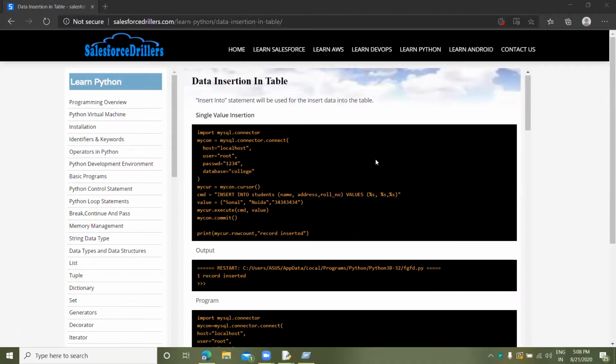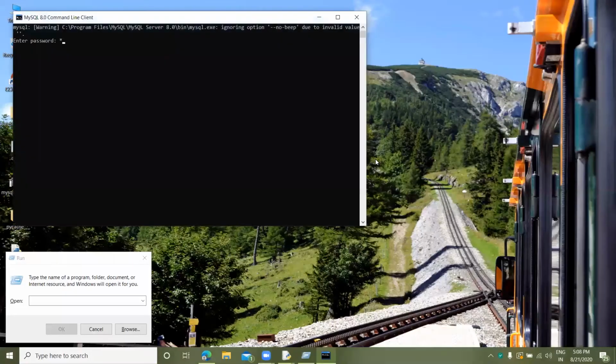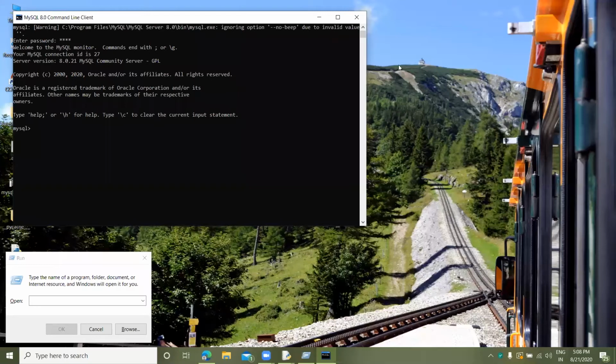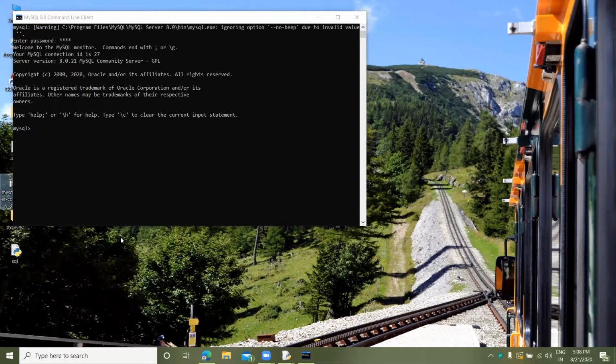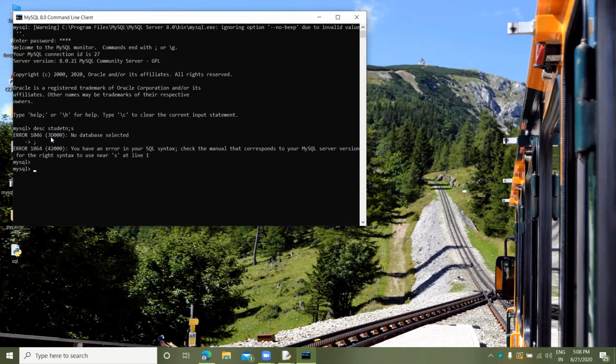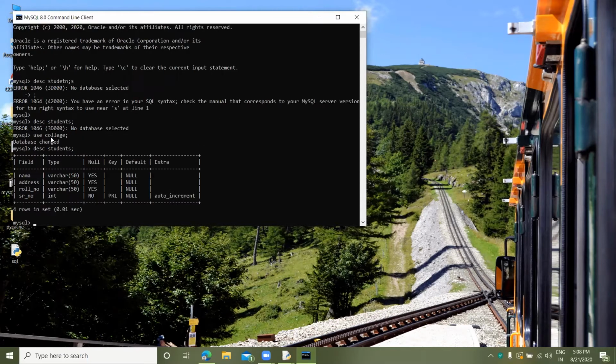So, first, I'm opening MySQL. 1234 is my password. So, let's see DESC students. Use the database first. Use college. Now, in this order, we will store the data into MySQL. So let's open the